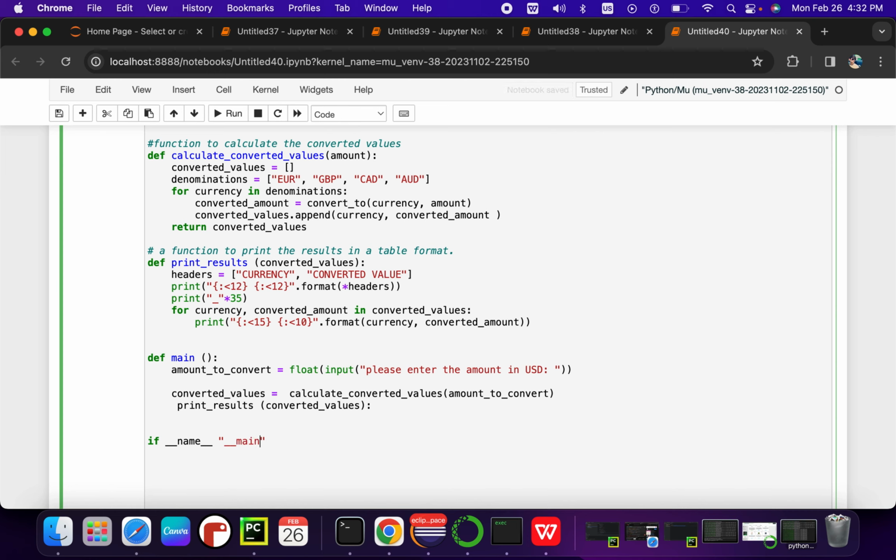If name equal to main, then I want to call this main function because all of them are already called inside that one. So if we call that, everything will be executed. Okay, so everything is completely